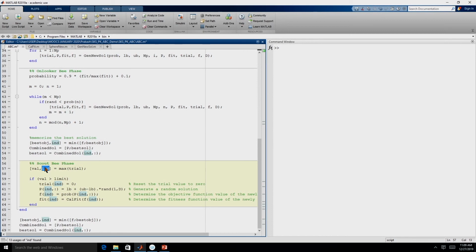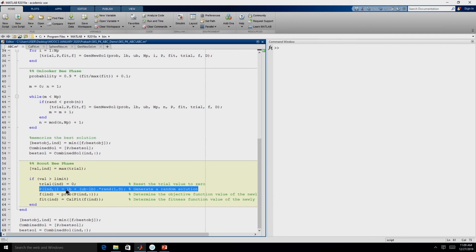So, we also need the solution for which the trial is exceeding the limit. Here we incorporate the check that if the maximum of the trial value is greater than limit, since that solution is going to be completely eliminated and new solution is going to be put into the population, we need to set the trial to 0. So, that is what is done in line 60, that the trial is set to 0, right, and then that particular member P of int. What is int? Int is the location of the population member which has exceeded the limit value.